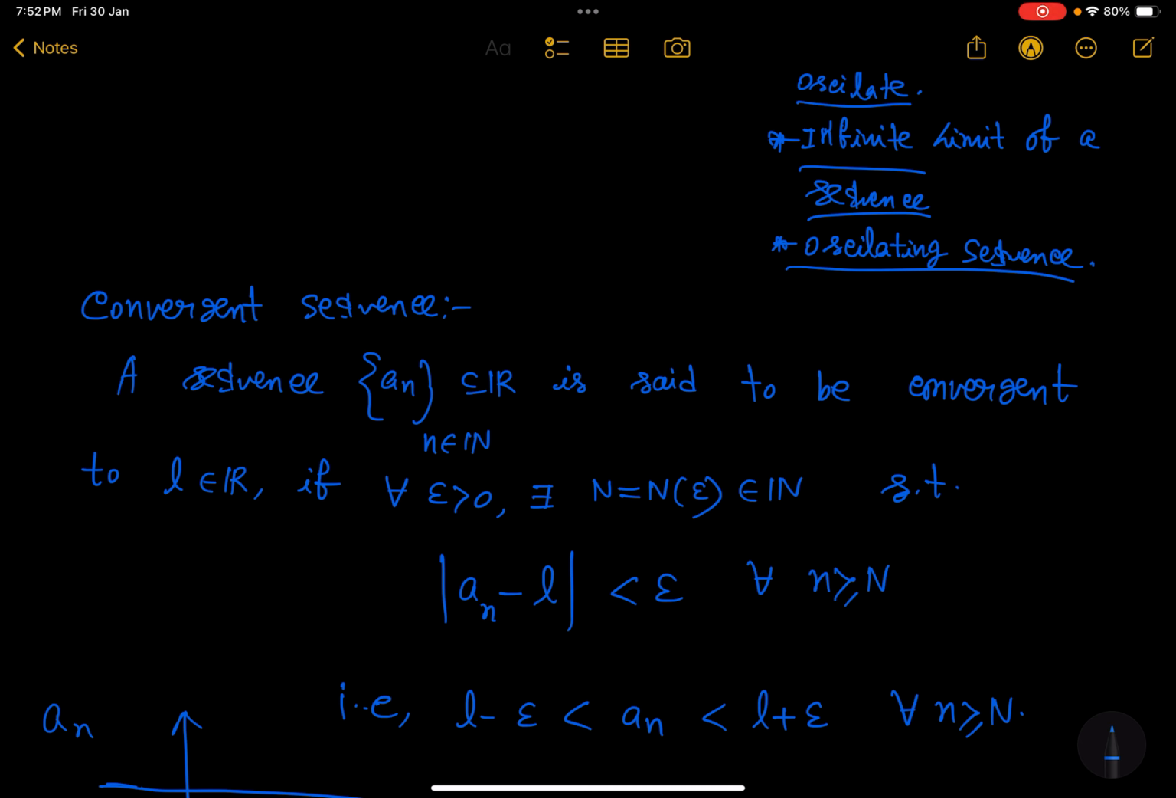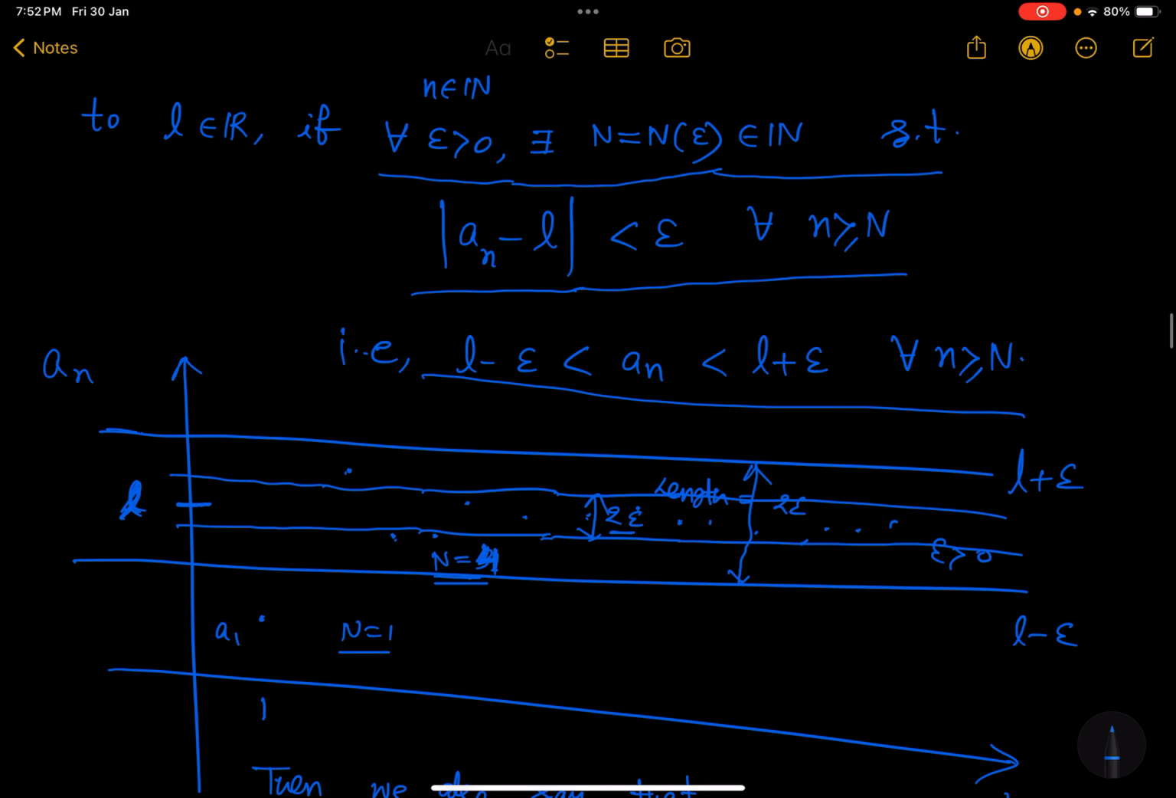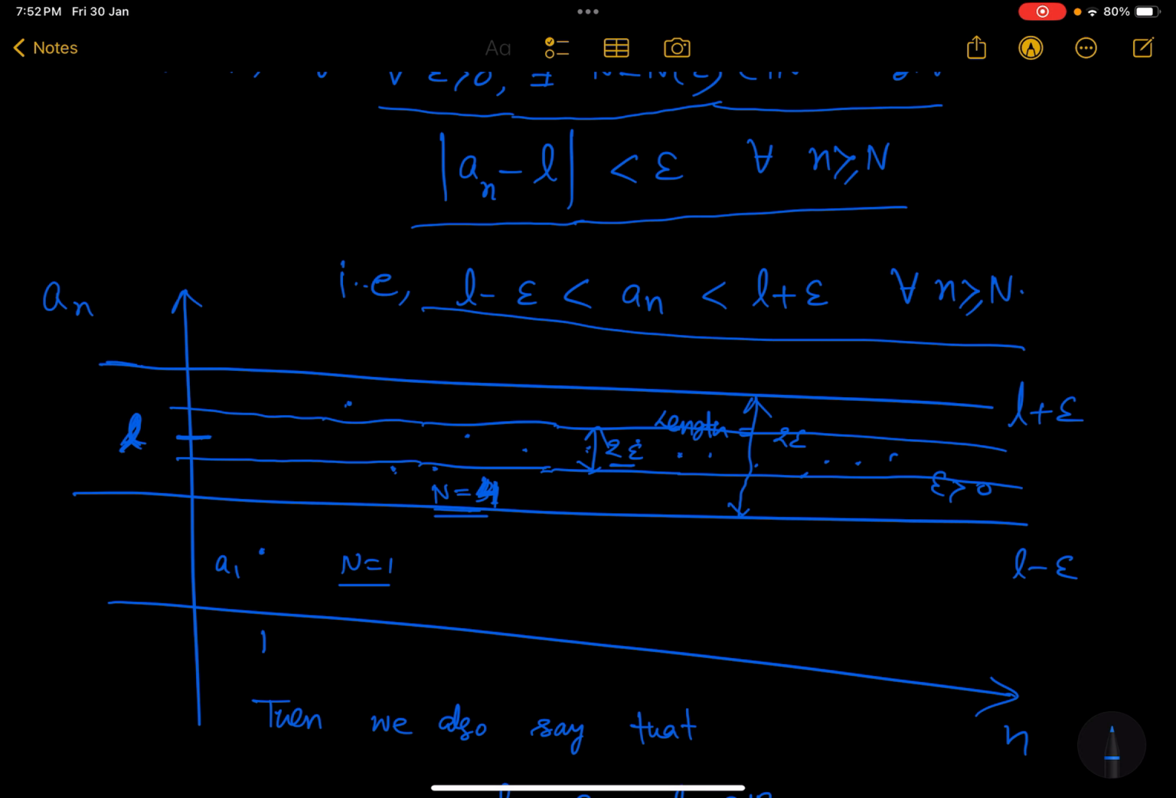In other words, if for every epsilon positive you can find a natural number capital N that depends on epsilon such that the modulus of a_n minus L is less than epsilon for all n bigger than or equal to N, and this means the limit is L. So what it is saying: suppose these are the elements of the sequence, for n equal to 1, n equal to 2, a2, a3, a4, a5, a6 like this,